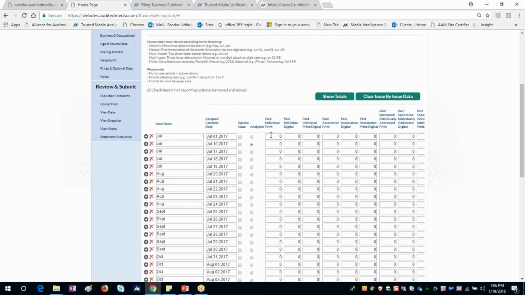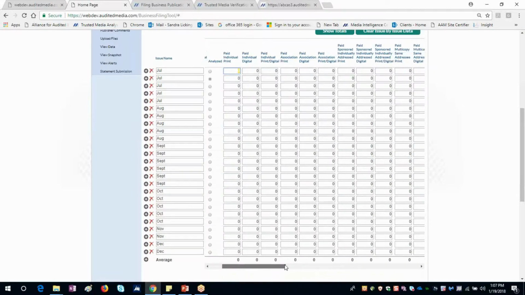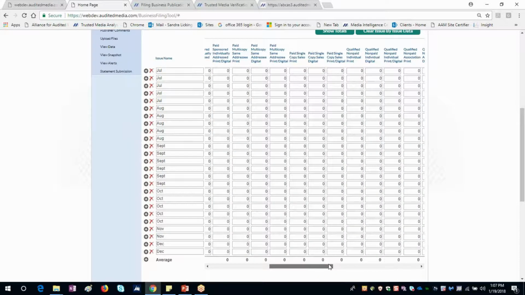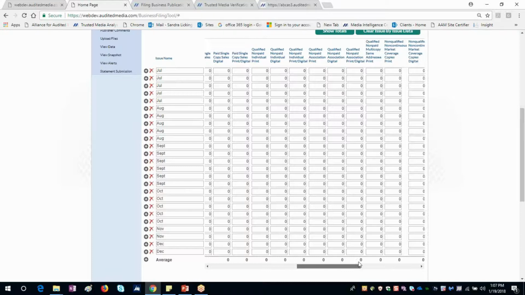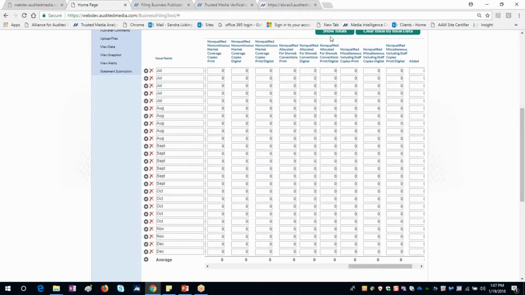This also should mirror your circulation reports. So it should have by issue what your paid distribution is. You can go in and type in your distribution by issue for paid individual, and then go into the qualified non-paid if you have qualified non-paid. I also want to point out that we added your non-qualified, non-paid distribution by issue. Again, it will not be printed out by issue. However, this is needed so we can calculate your 6-month average for your non-qualified, non-paid distribution. Again, this should mirror your circulation record.